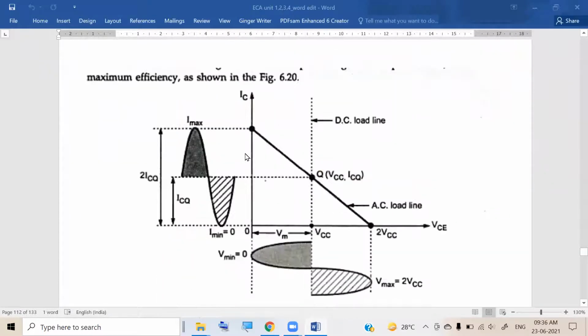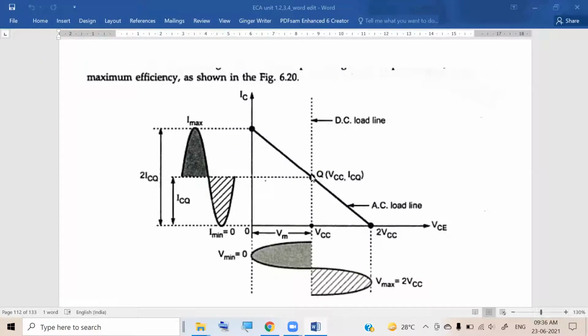So what we do here is VCC is fixed. IC we fix by adjusting RB. IB is fixed and then IC is fixed. At the DC point, we get the DC. Now, initially we are here. When we give an input signal, there are corresponding output signal swings. This we have discussed when we studied the series fed, direct coupled class A amplifier, the previous amplifier. So initially we are here.